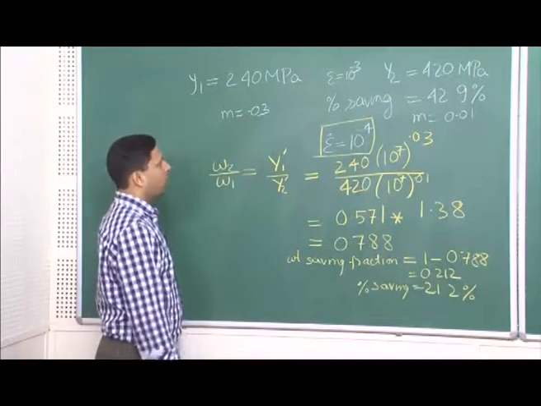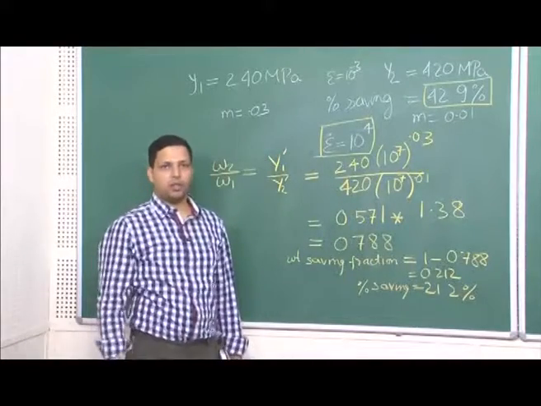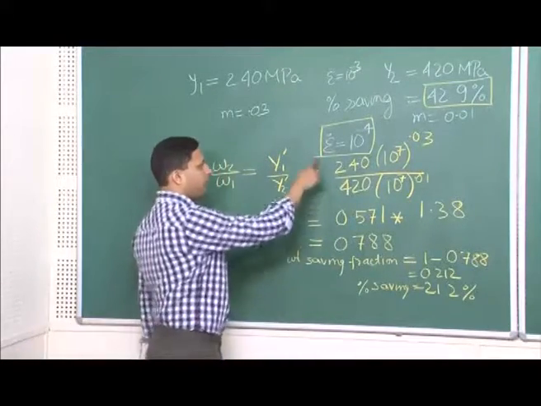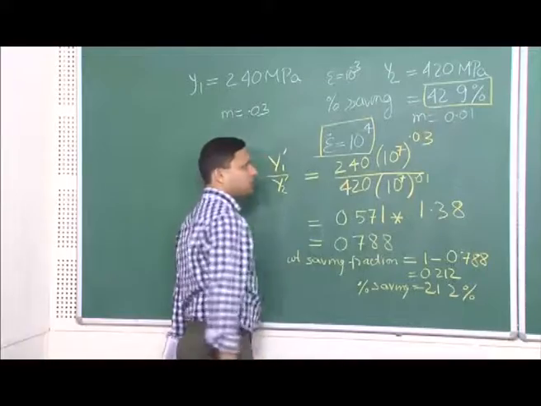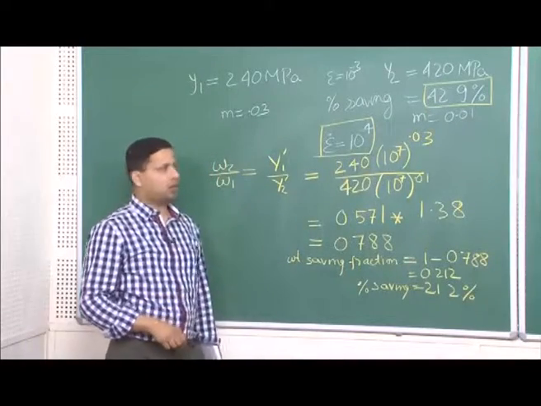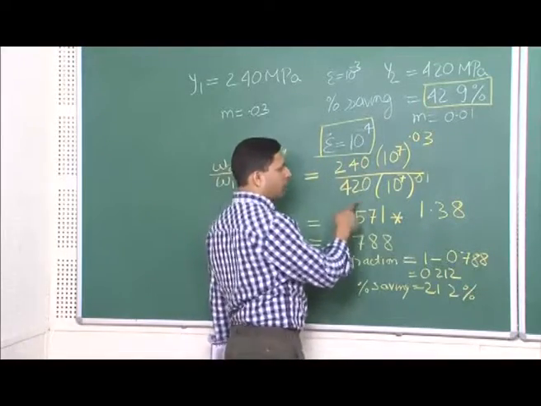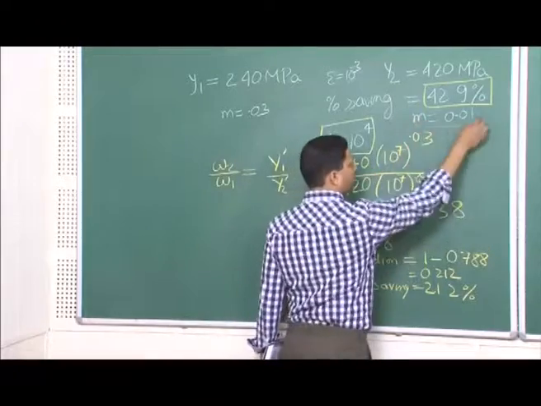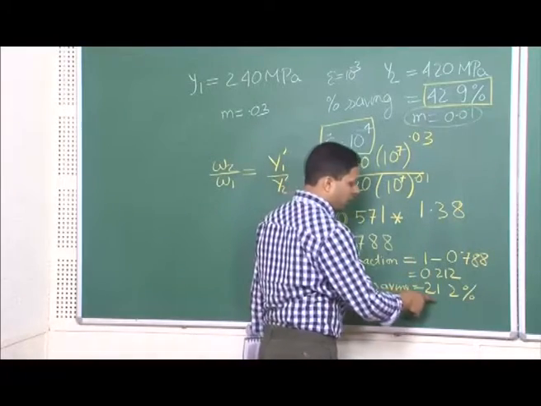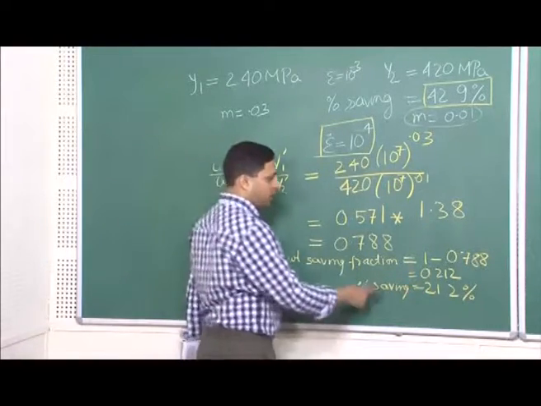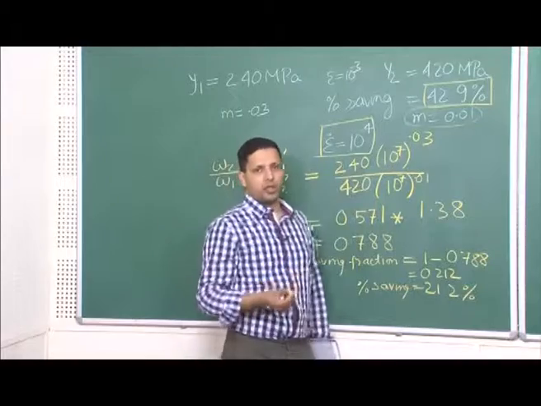Now, we had earlier a saving of 42.9%. If you had not taken into consideration the strain rate at which the actual deformation will take place, then you would have used much less material, or much thinner material, for this particular high strength low alloy steel. But if you know the effect of strain rate and we have the parameters to calculate it, we can now judge in a much better way that the actual saving must be 21.2% and the thickness of using this material should be 0.788 of the original one.